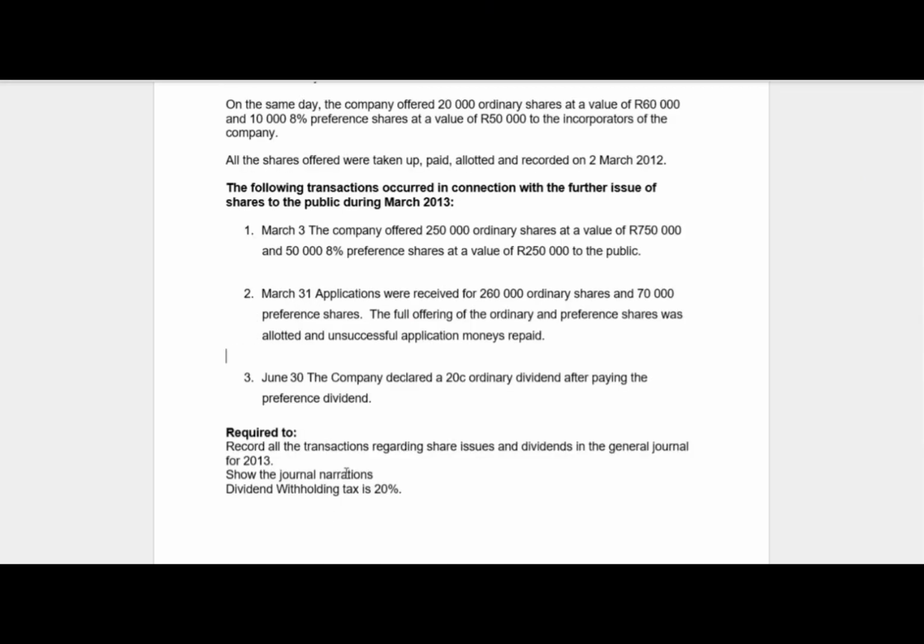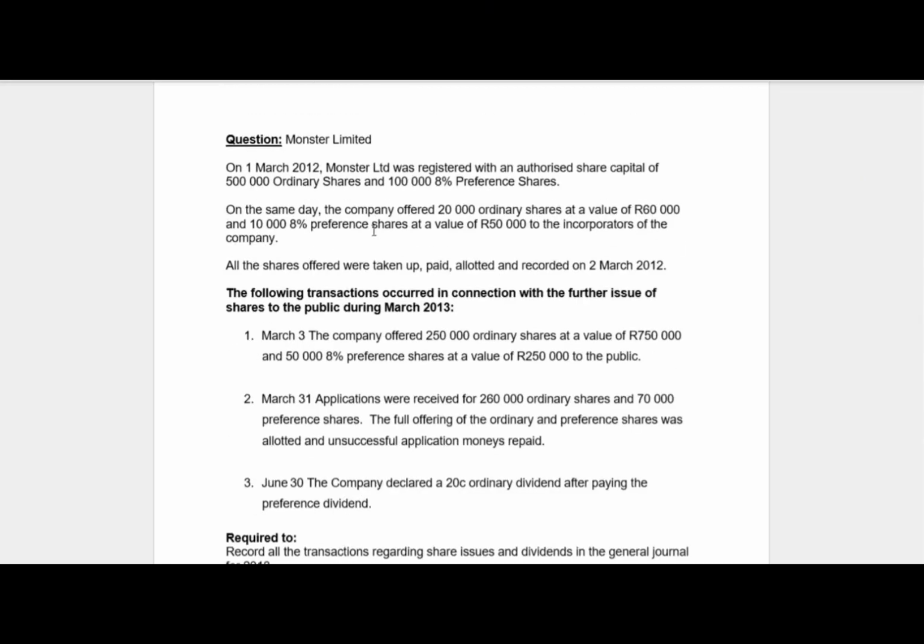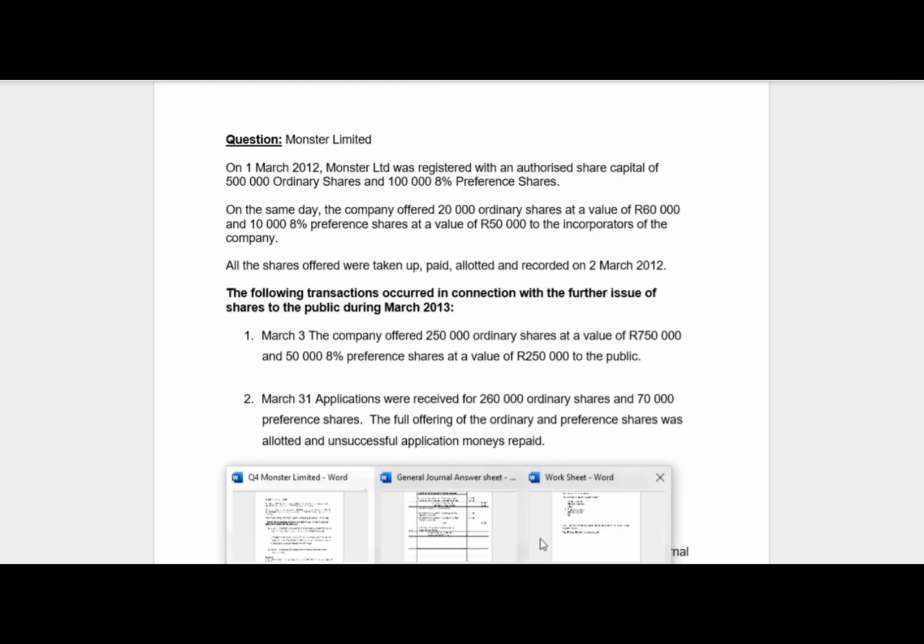All right. So now, we're just going to add shares issued from the beginning. Shares issued from the beginning for preference was 10,000 8% preference shares at a value of 50,000 rand. So we have to say 50,000 rand